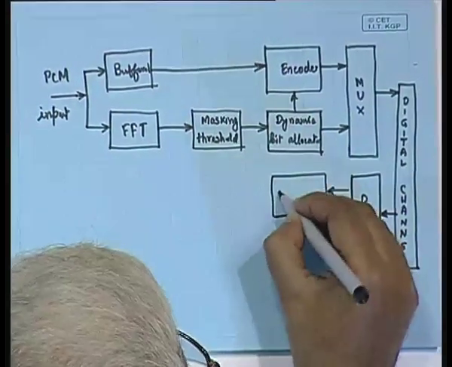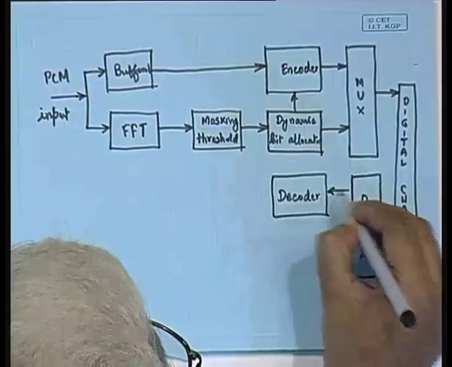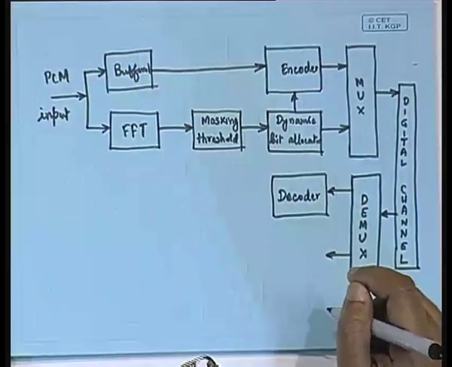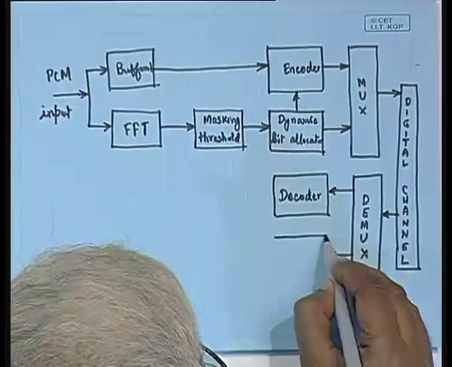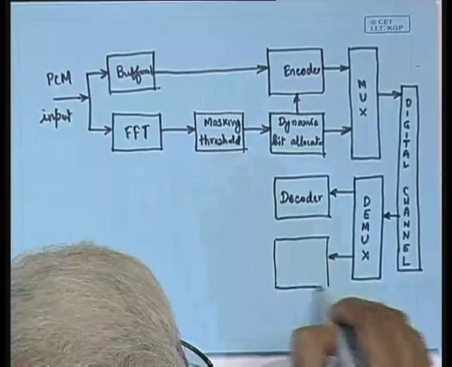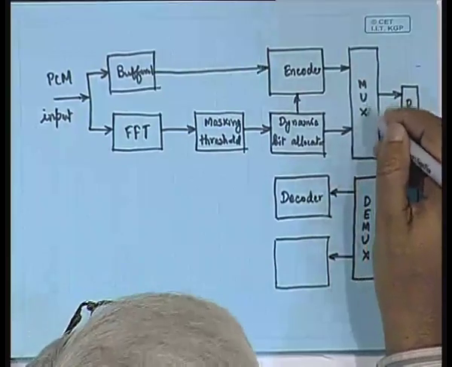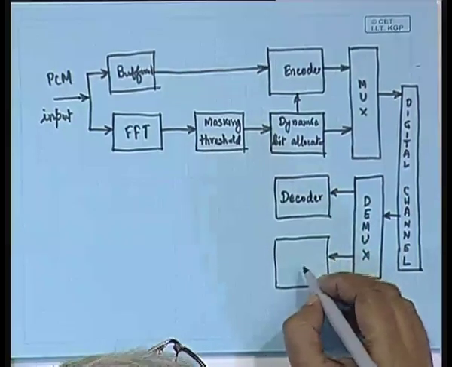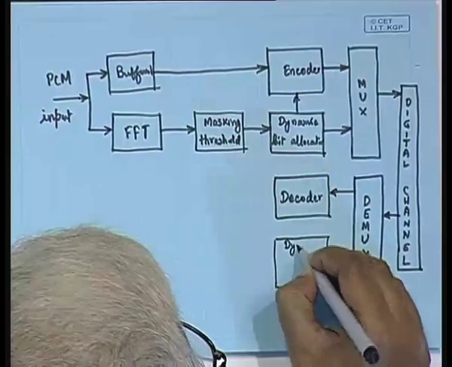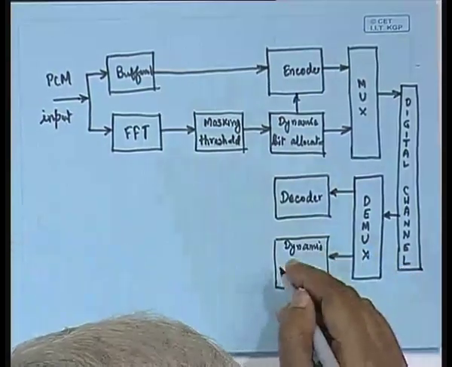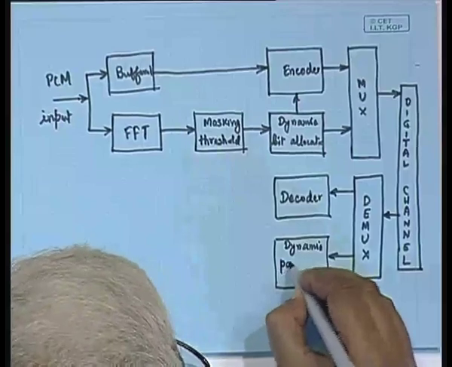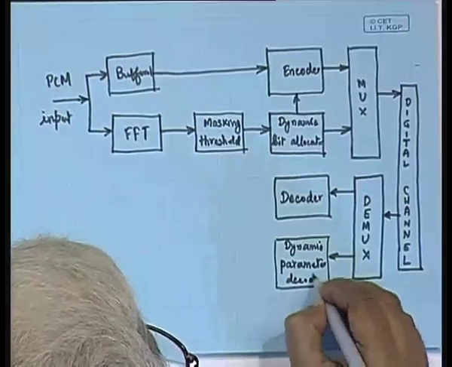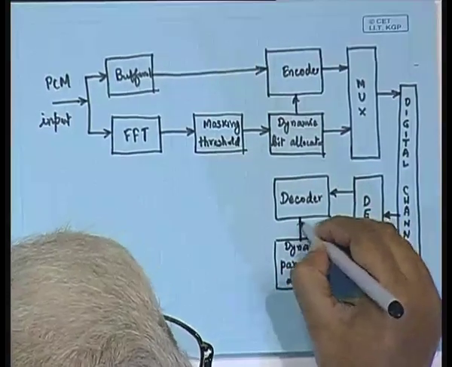So, we must have a decoder that will be applied on the samples, but we cannot decode exactly till the time we obtain the bit allocation information. The bit allocation information also has been put through this multiplexer in a coded form. So, definitely we must get it back. Since it is in the coded form, we must have a dynamic parameter decoder, which will extract the bit allocation parameters,